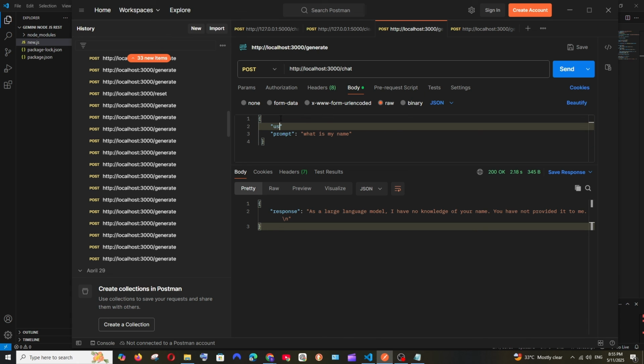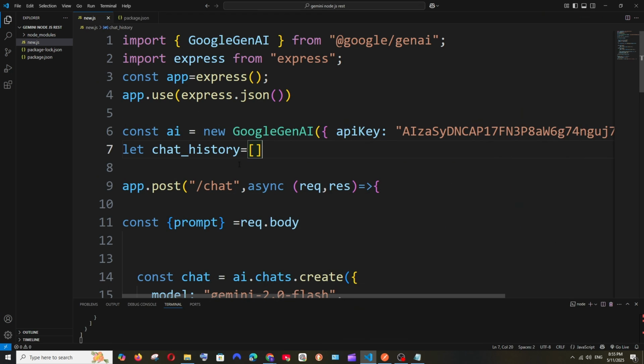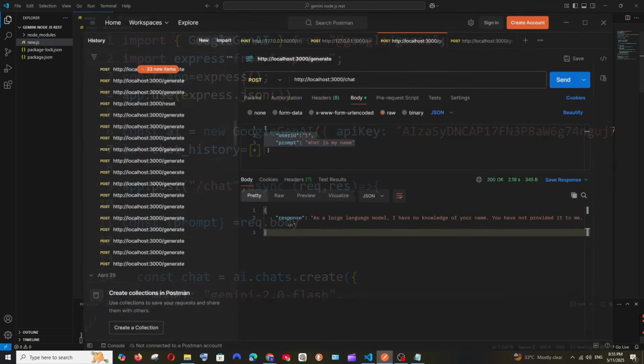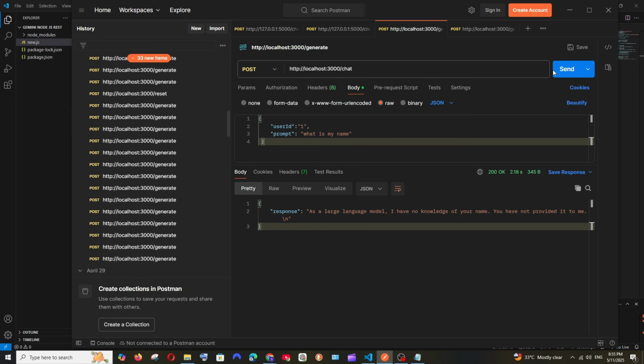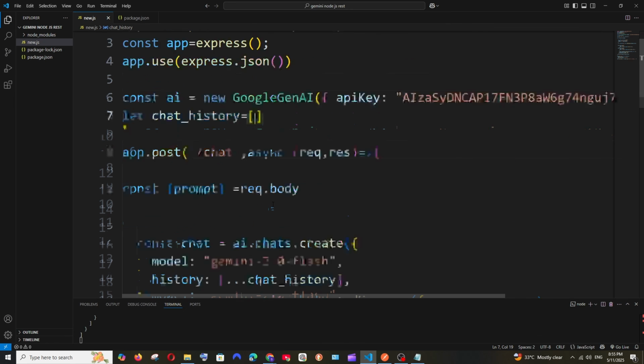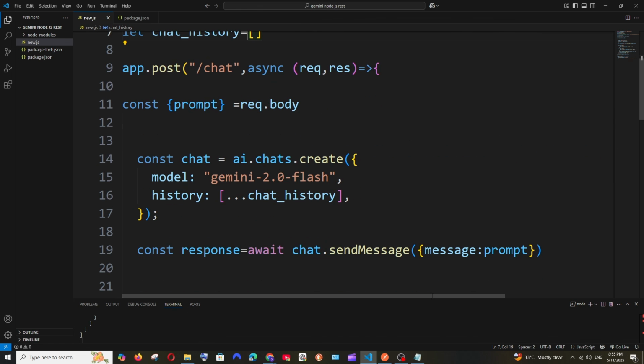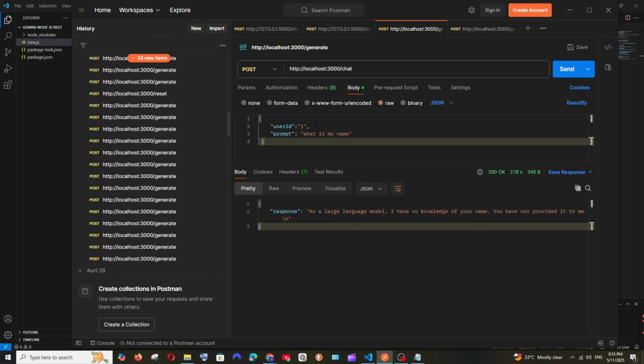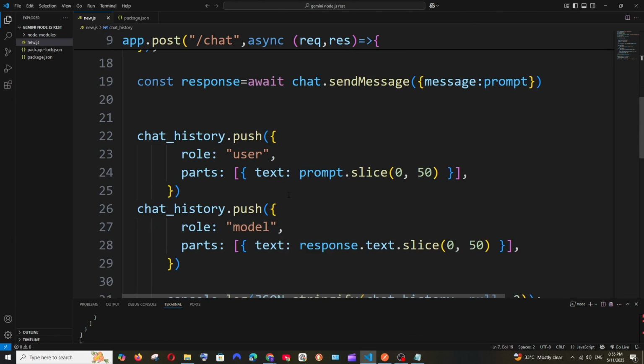So here we will be having another parameter called user ID. This can be a number, session ID, or a UUID, anything of your choice, but this particular user ID is going to be unique for each user. So based upon this user ID, we will be creating an entry in this map. The key will be the user ID, and the value of that key is going to be the chat history of that user. So every time we send a prompt, we will find the chat history value with the help of the key. We will access it with the user ID, and then we will append to it, the exact same function,